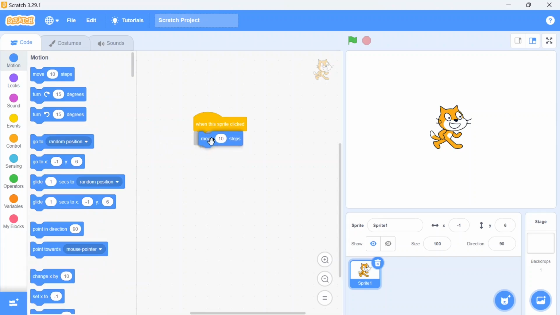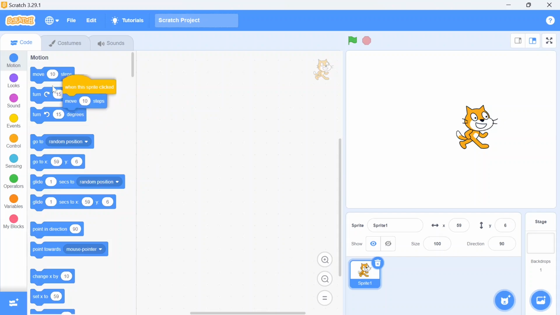I choose this move 10 steps block, and if I click on the flag, you will see the cat will not move. Now if I just click on the cat, you will see it starts moving. So you can understand how this block works. Instead of the flag, you can give the command to a specific key, or to the specific sprite also. When we click the sprite, only then will such an action run.